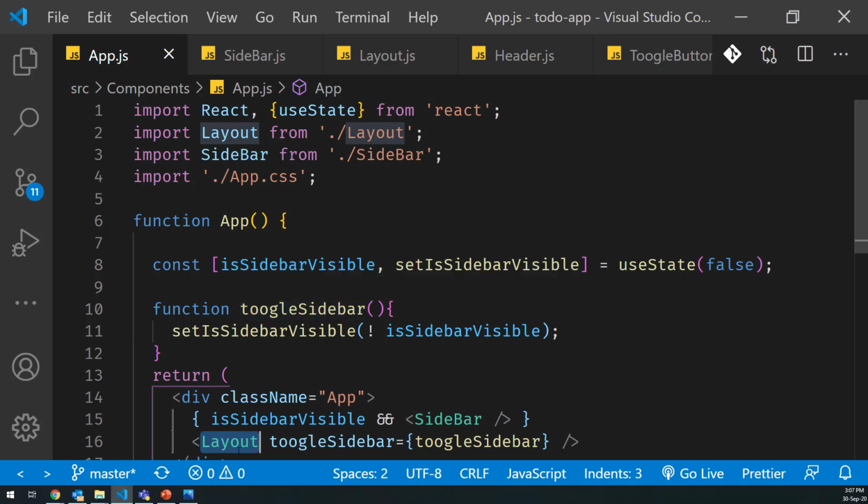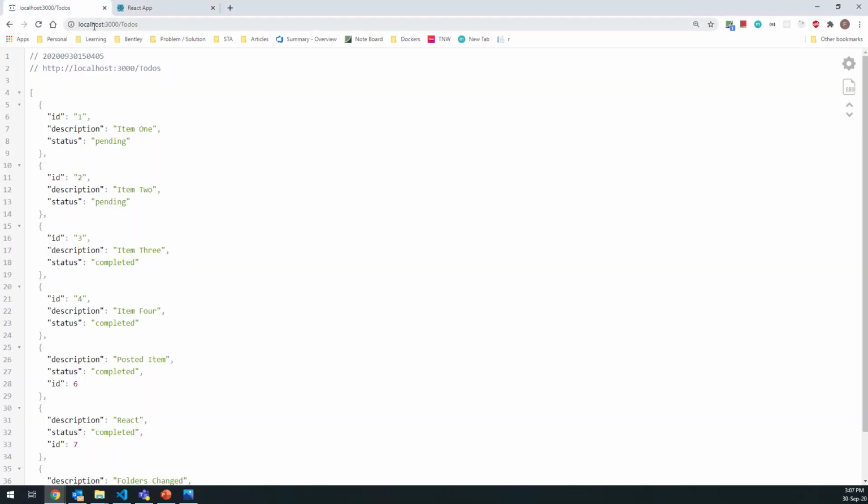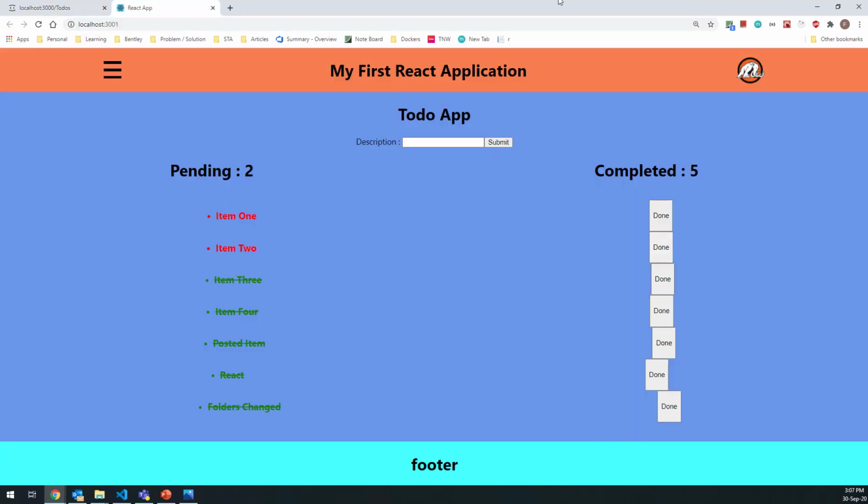If we go to the browser, here our app is running. I've started the JSON server on localhost 3000. So if I send a request to localhost:3000/todos, I'm getting the to-do items. And on port 3001, my app is running. So we added this functionality whenever we click an item, its state is changed, its status is changed. As a result, its color is changed, and here we have the counts updated.